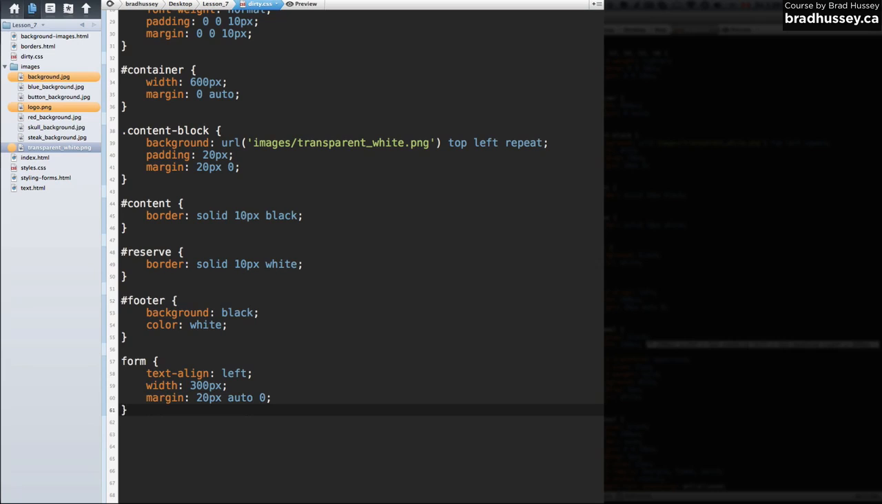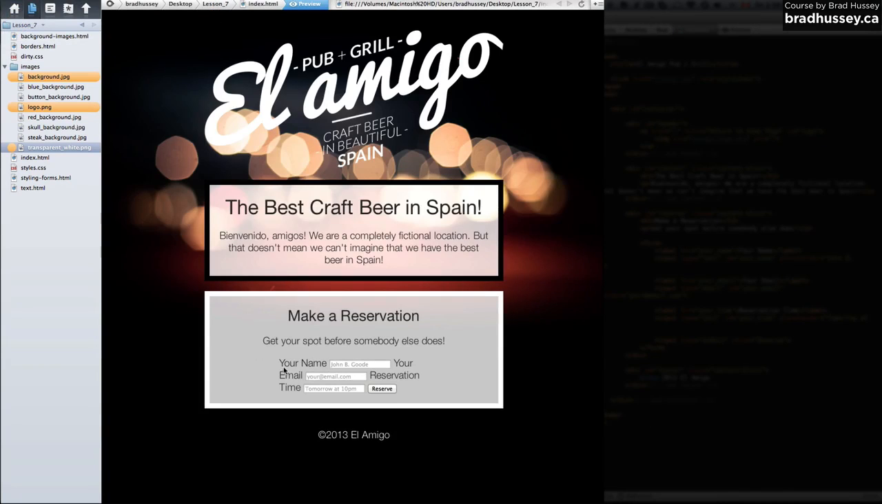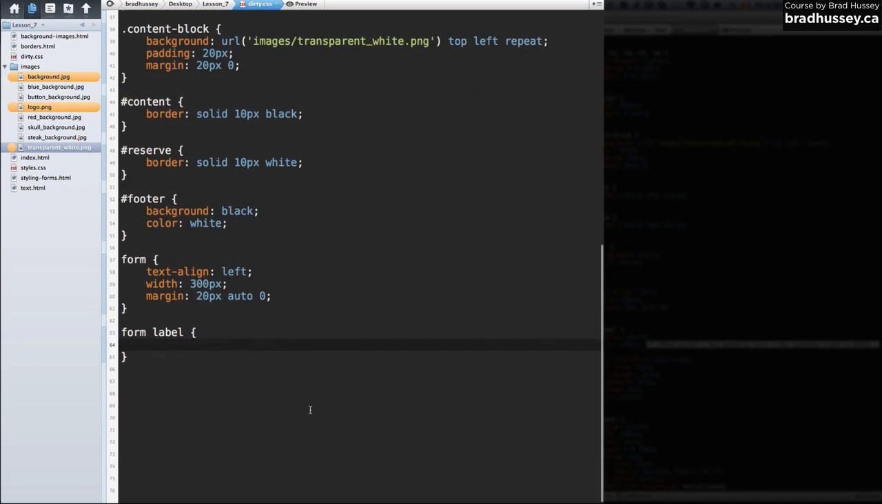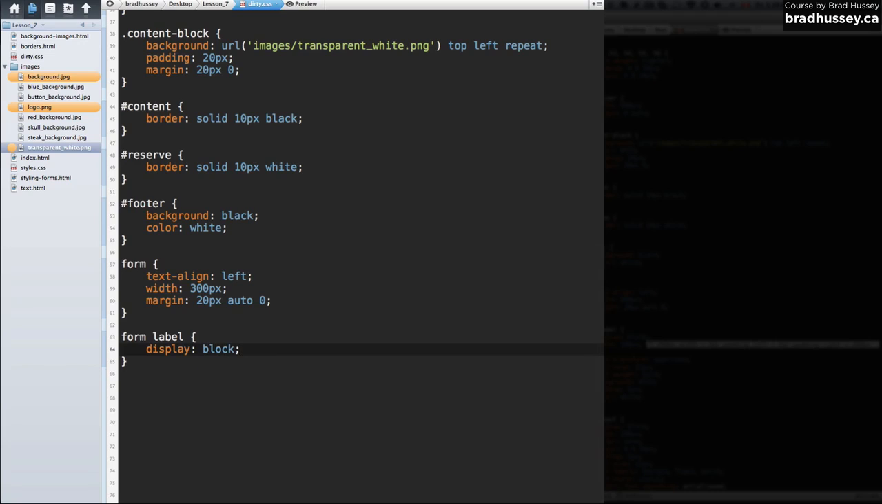Okay, so maybe let's give that a look. There you go. So it's 300 pixels wide, and it's centered in its parent container right there, using margin auto left and right. Form label. We want the labels to be display block, to override its default, and the width is going to be 290